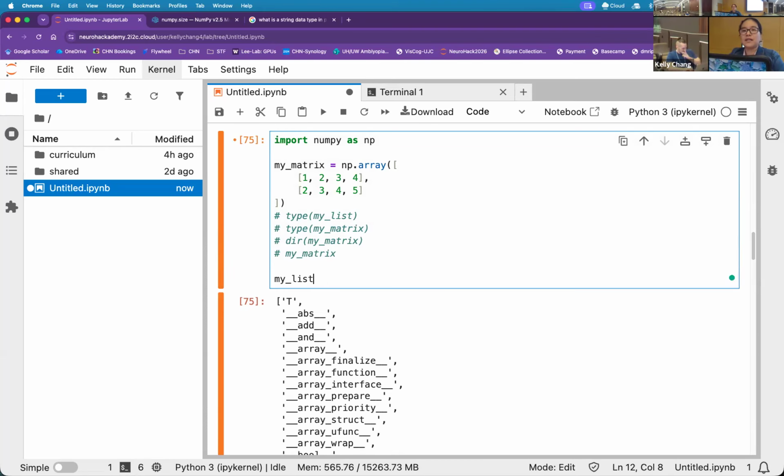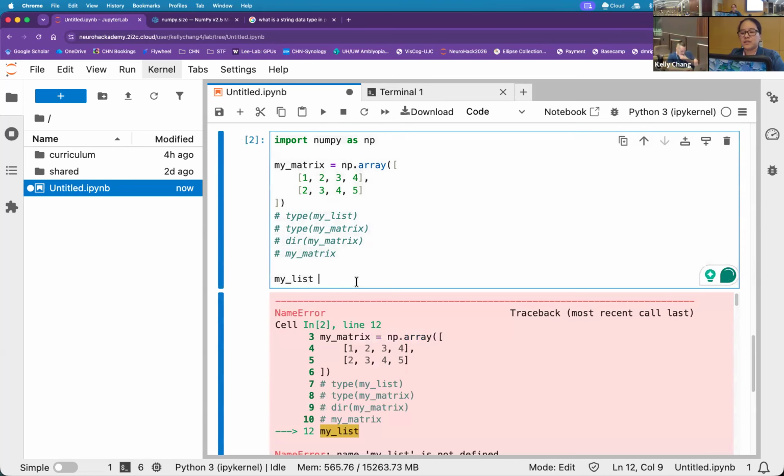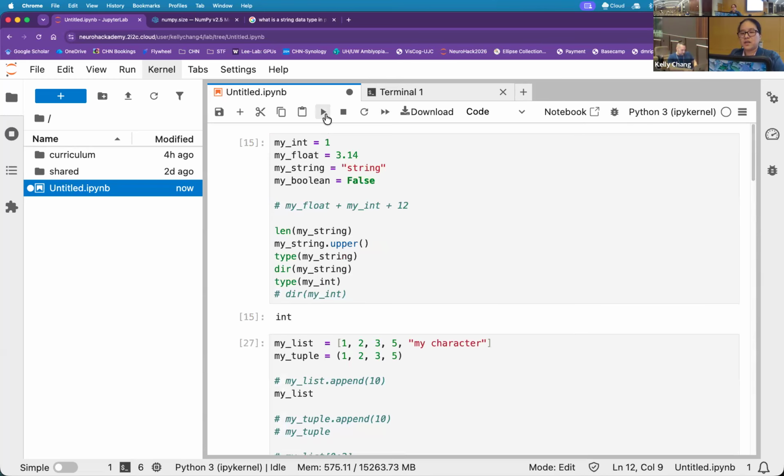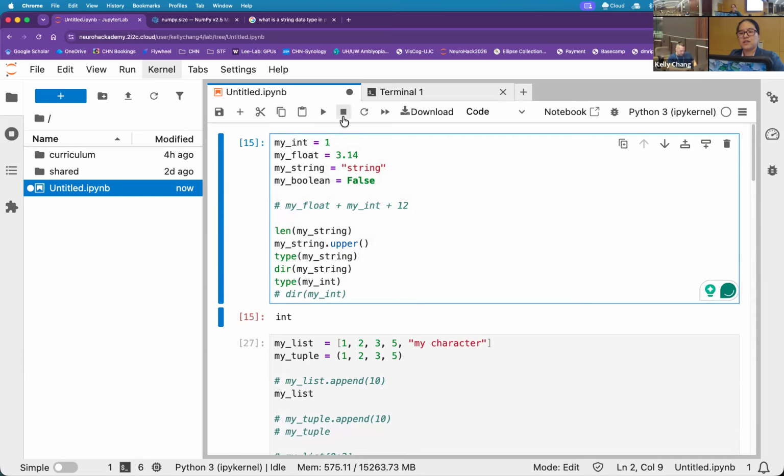Because like if you try to do my list plus, let me print for you my list again. Ooh, I restarted, so nothing's here. Great moment to talk about all these other buttons up here. If I hit this play button, this will run one cell and move forward. Stop will halt any sort of execution if it's taking too long. This restart button literally restarts the whole thing, wipes it all clean, clears all your variables. And this fast forward button is go through everything.